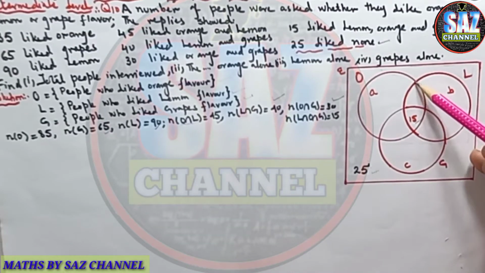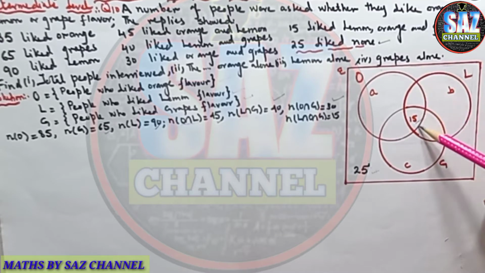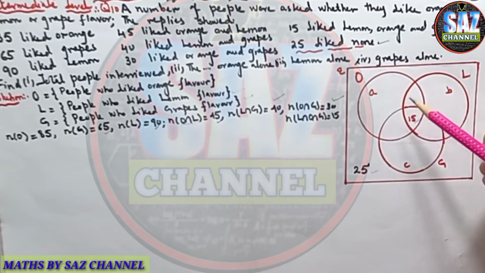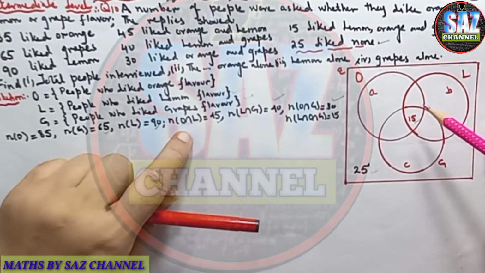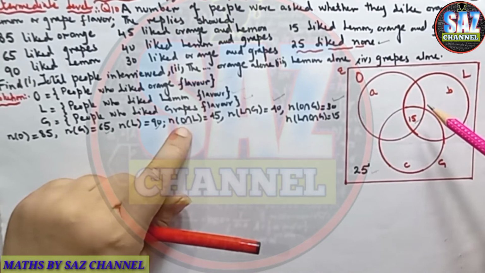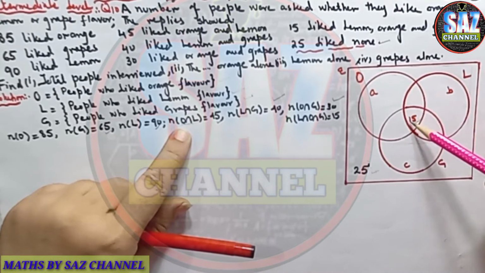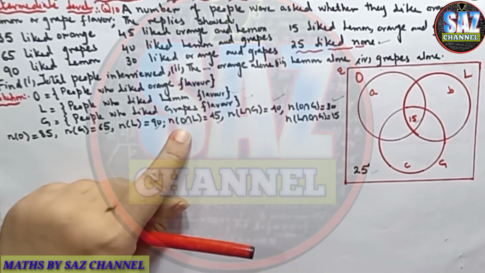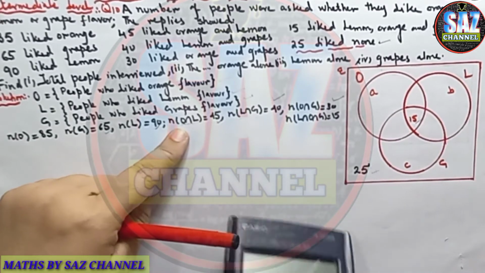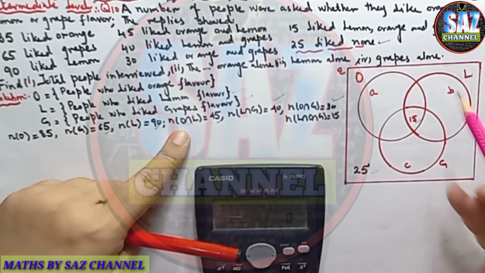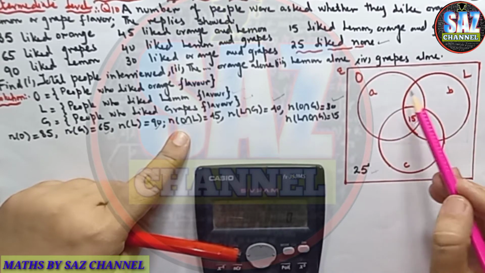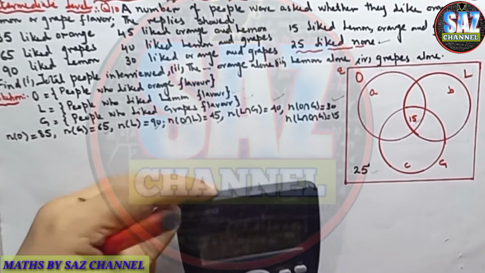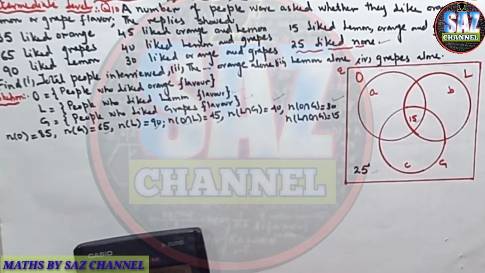Now if we look at this portion, it is common to L and O, lemon and orange. The information for the intersecting portion of lemon and orange is 45. Out of these 45 people, there will be some people who like all three flavors as well. So the number of people who like orange and lemon alone will be 45 minus 15,